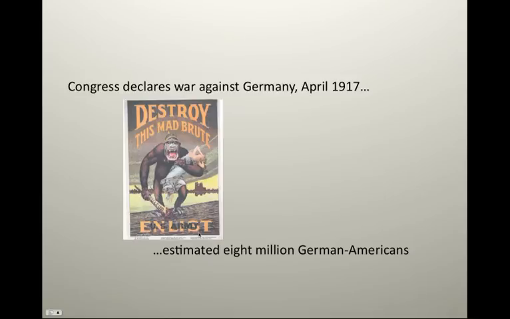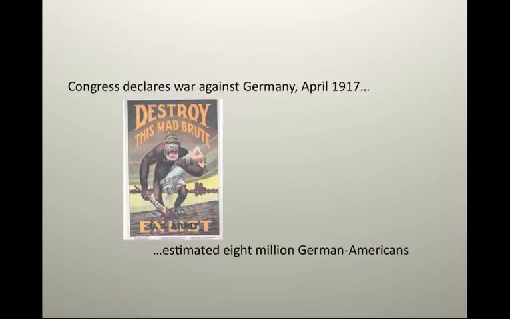And it shows a King Kong-like gorilla with a German helmet, a military helmet, and a club, a bloody club, with the word Kultur, which is a German word for civilization. So a bloody club representing German civilization. The ruins in the background here of some destroyed city. And unmistakably, in the arms of the beast, essentially a damsel in distress. And who is this bare-chested, blonde-haired Grecian damsel but Liberty herself?